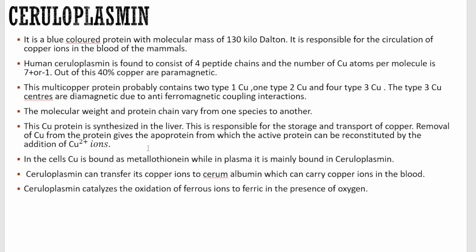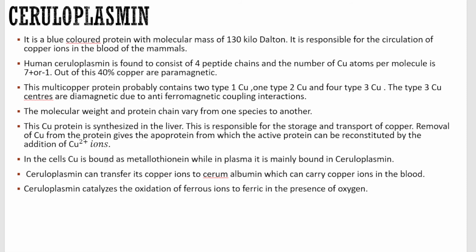So what is an apoprotein, students? We came across this in the previous topics as well. Apoprotein is nothing but the outer protein sheath, and when there is an absence of the central metal like iron or copper, that is called an apoprotein. So if you remove copper ions from ceruloplasmin, it is an apoprotein, which is inactive and does not have any function. Only when the copper ions go and sit in the center does it become active in function, and copper is present in +2 oxidation state.